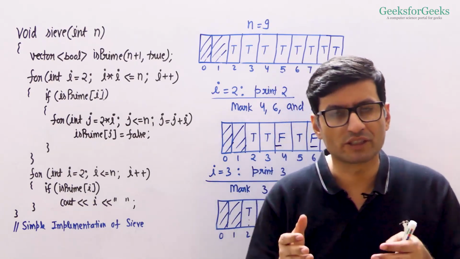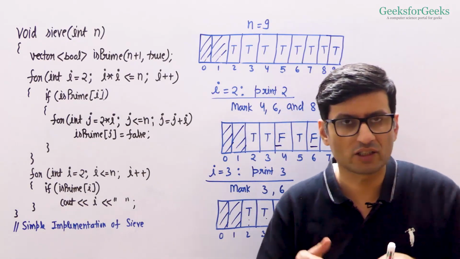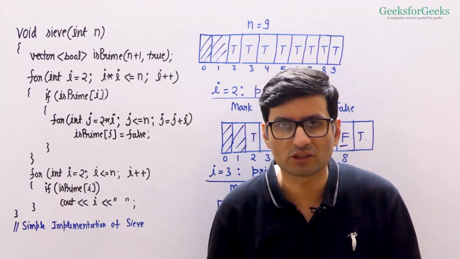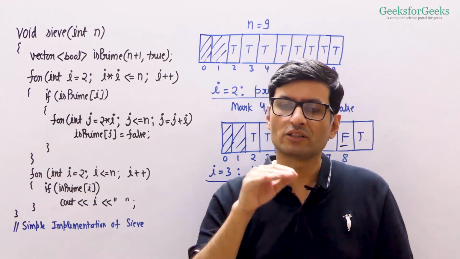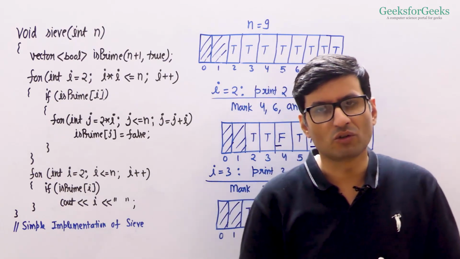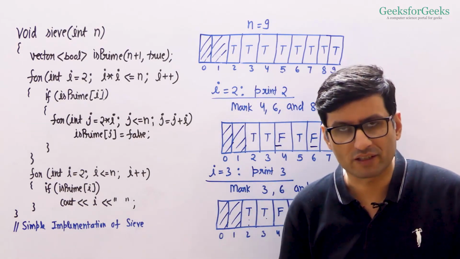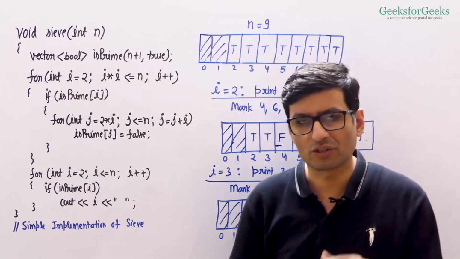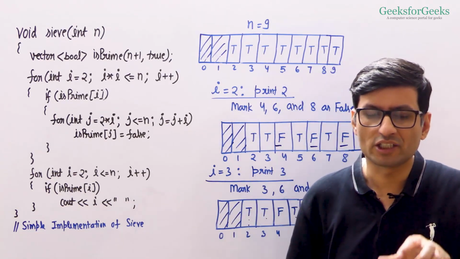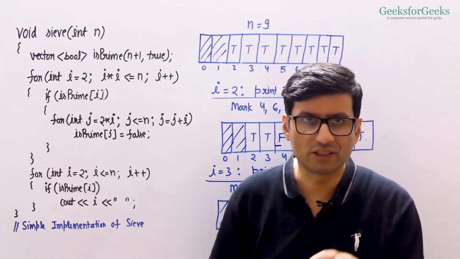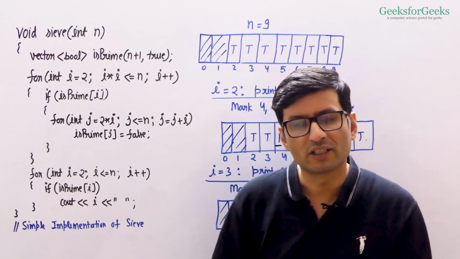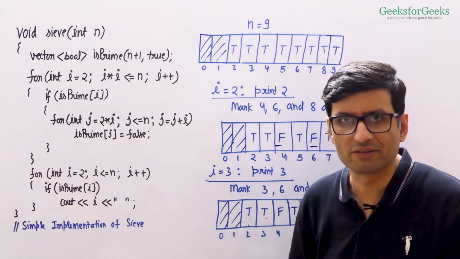For example, if you consider all divisors of 30, they are 2 and 15. This is one pair. And in this pair, 2 is smaller than square root of 30, right? 3 and 10, 3 is smaller. 5 and 6, 5 is smaller. So you always have a prime factor which is smaller than or equal to square root of that number. So if a number is not prime, then one of its prime factors must be in this range. And if there is no divisor in this range, then the number is prime. That's the idea we are using.